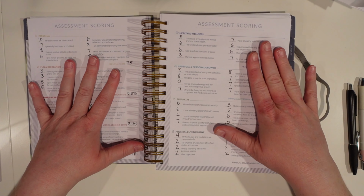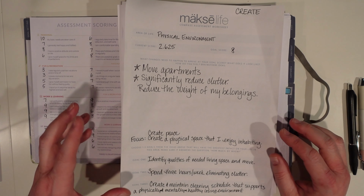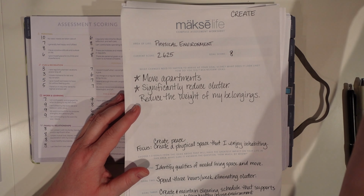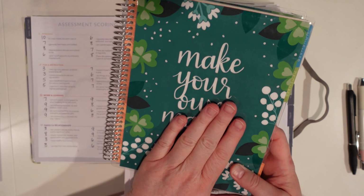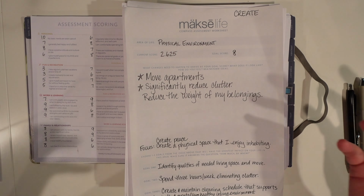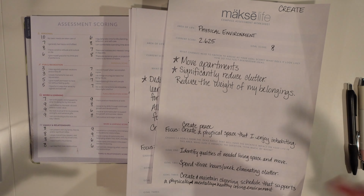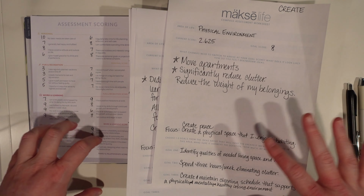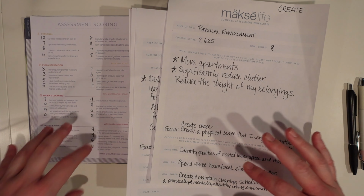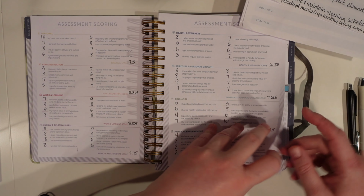So that's where I started out. And then I moved to the worksheets, and I knew based on what I had written in this book what some of my goals were for 2020 in general, and I was able to parse them out into the various areas of life and also think on them and assess them and figure out if they really were things that I wanted to work on this year, and if so, where they fell in terms of the types of goals